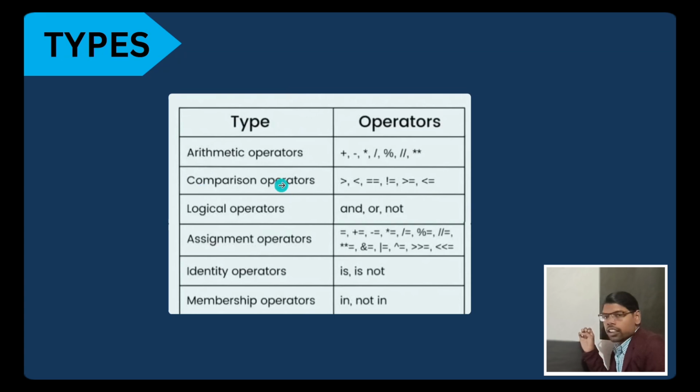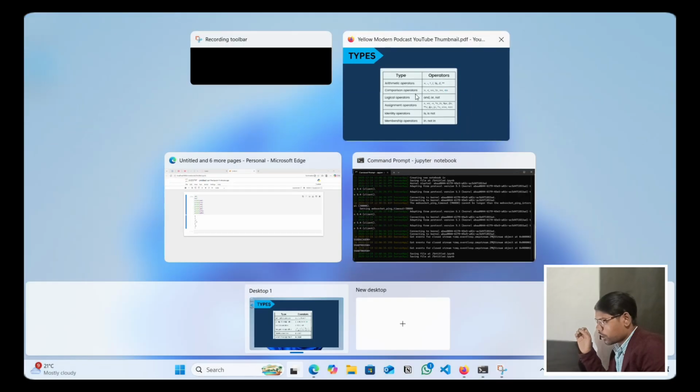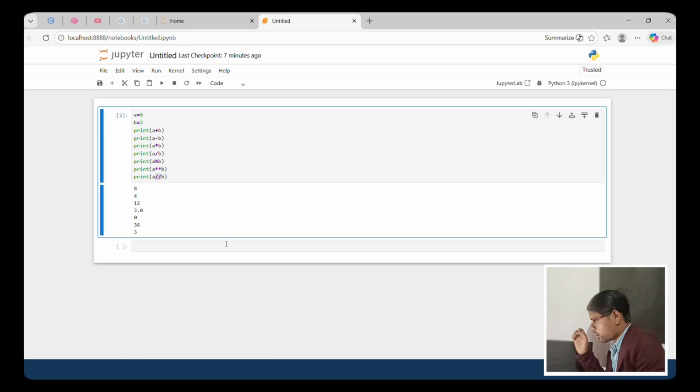And comparison operators compare two values. Okay, like greater than, less than, these are symbols. Equal to and not equal to, greater than or equal to, less than or equal to, these are the symbols to use. Okay, and it compares two values like this.